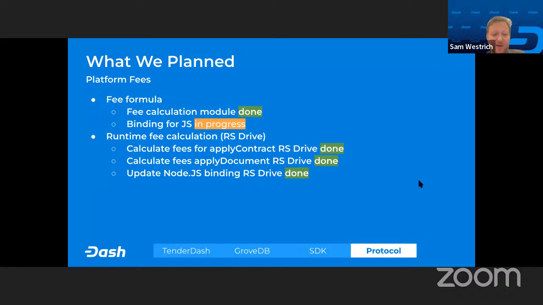Okay, so I talked about what the fee calculation module is. There's also a binding for JavaScript that wasn't yet completed for that module. Calculate the fees at runtime, calculate the fees at applied document, update the node bindings now for applied contract and applied document, basically giving back now not just one fee, but the storage part of the fee and the processing part of the fee.